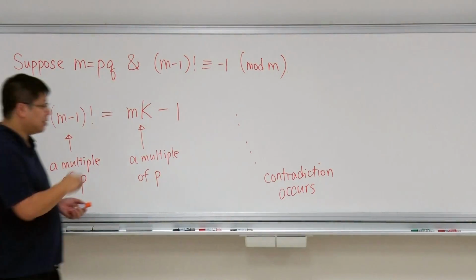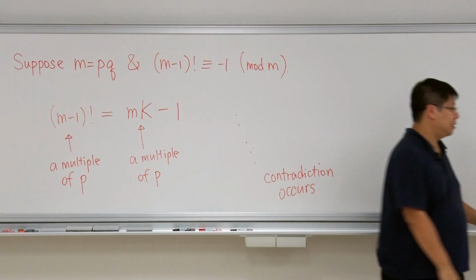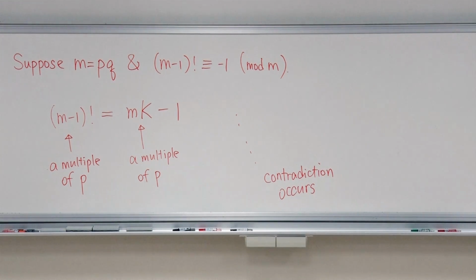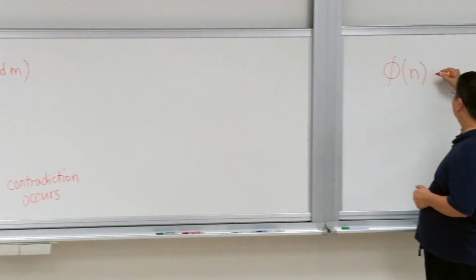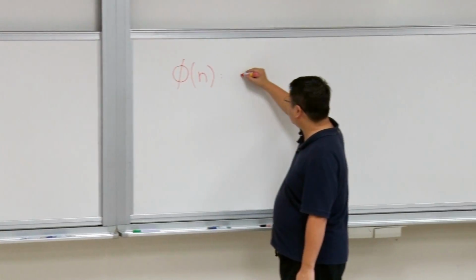Okay, next, let's talk about this Euler phi function. So this is a new topic. We are going to define a function called phi of n. This is going to count